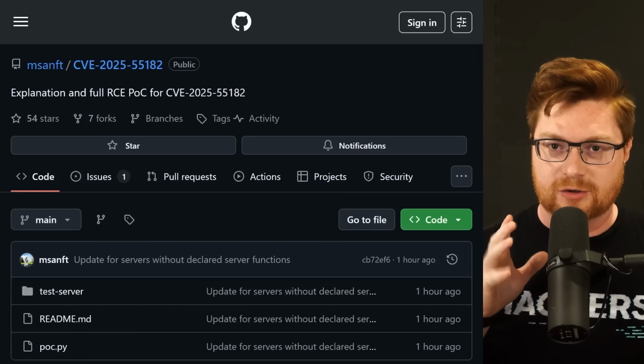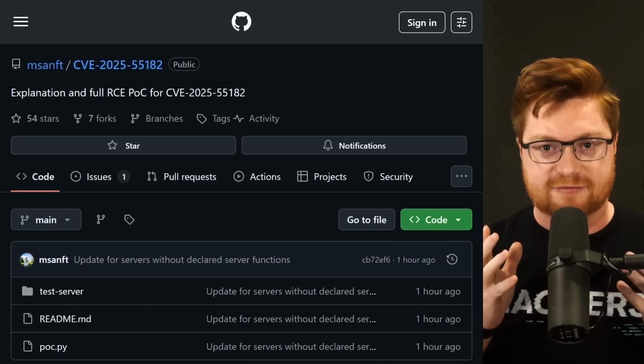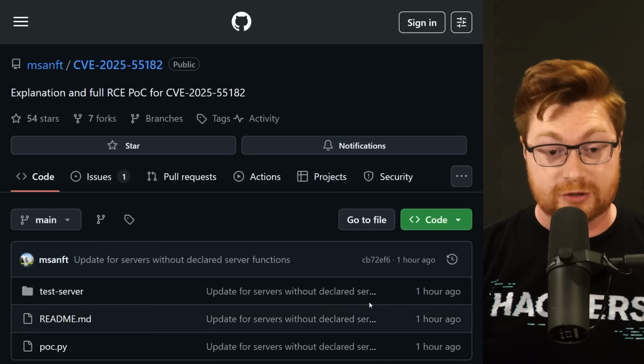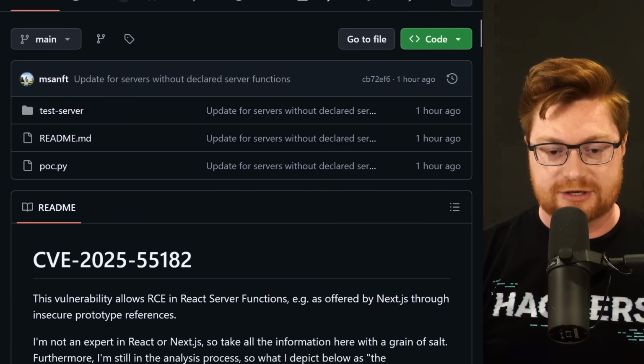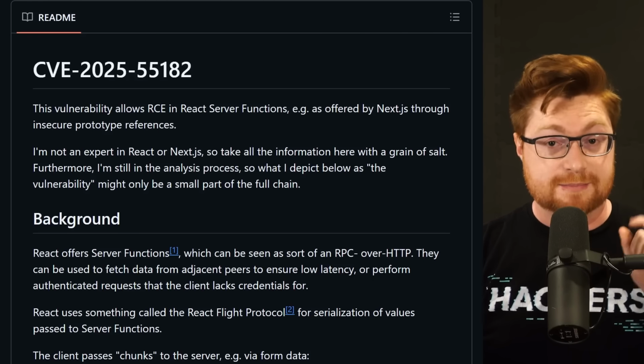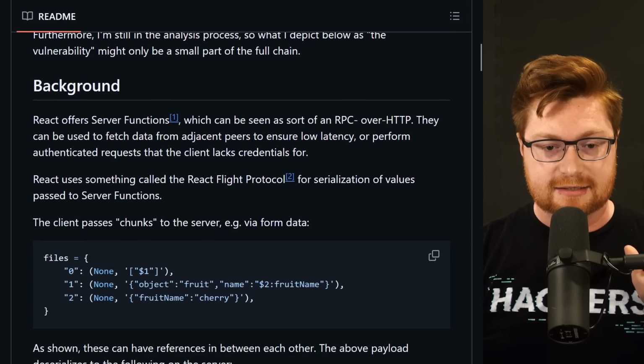I saw some of the chatter and conversations online that followed this, and a lot of folks are saying, look, this is it. This is the real one. Explanation and full RCE proof of concept for the React vulnerability. This is the proof of concept that I showcased at the beginning of the video,